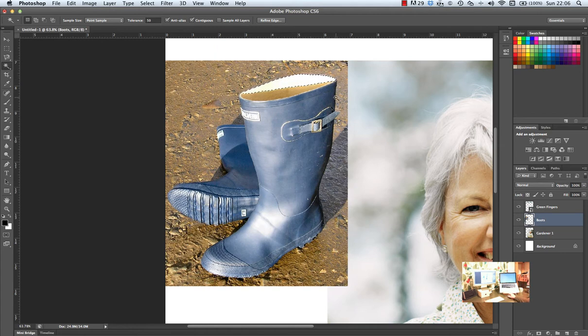Okay, so the next thing we want to do is select the rest of the Wellington boots. So the way we're going to do that is I think we'll use the Magic Lasso tool. Okay, so what we're going to do is hold shift. If I hold shift, you'll see the way that there's a little plus sign that appears. That means that we can add to our original selection. So I'm just going to draw a line that's close to the edge of the boot,